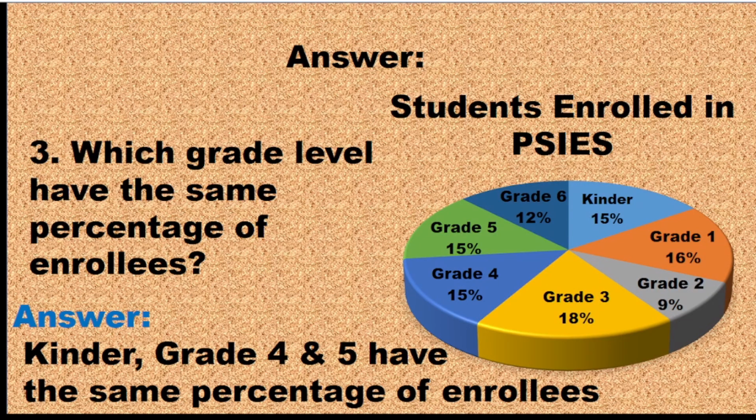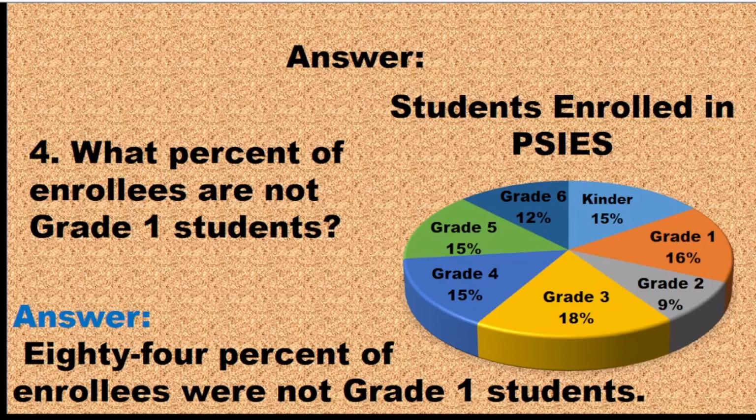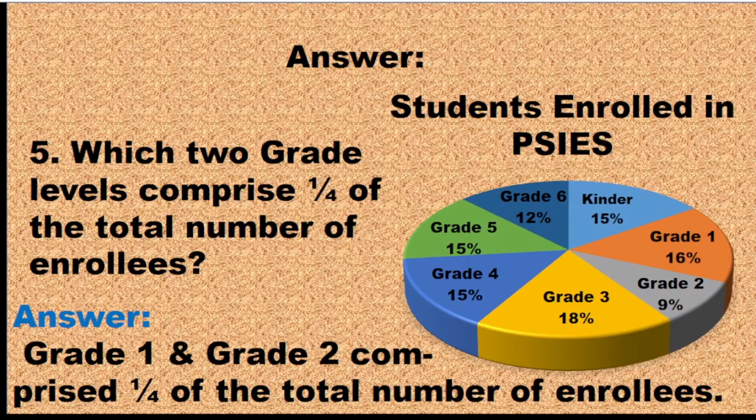Great! The answer in number 3 is Kinder, grade 4 and 5 have the same percentage of enrollees. Excellent! The answer in number 4 is 84% of enrollees were not grade 1 students. Good job! The answer in number 5 is grade 1 and grade 2 comprised 1/4 of the total number of